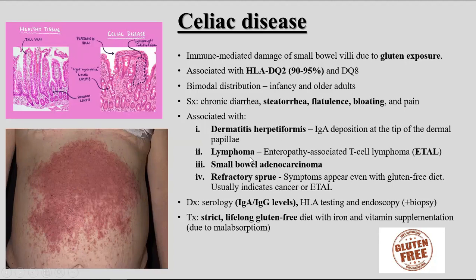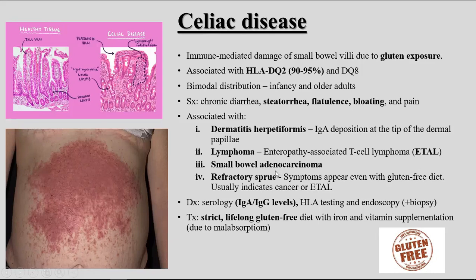Lymphoma, so just like in Crohn's disease, you have a lymphoma that's associated here, but here it's known as enteropathy associated T-cell lymphoma. You have to remember because a lot of the lymphomas are usually B-cell related, but this is a special one wherein it's a T-cell lymphoma. You can also have small bowel adenocarcinoma, which would be more commonly in the